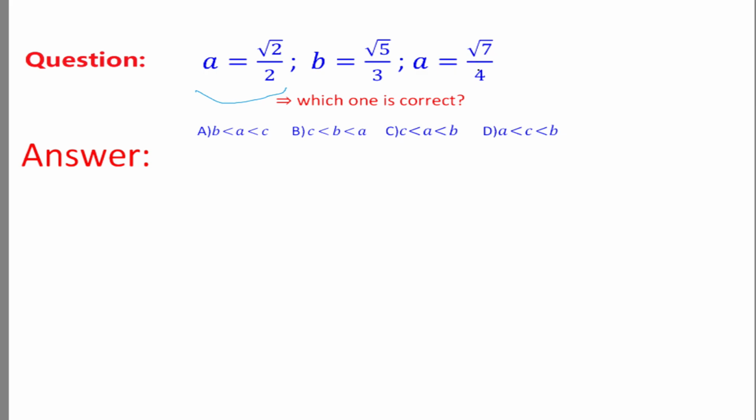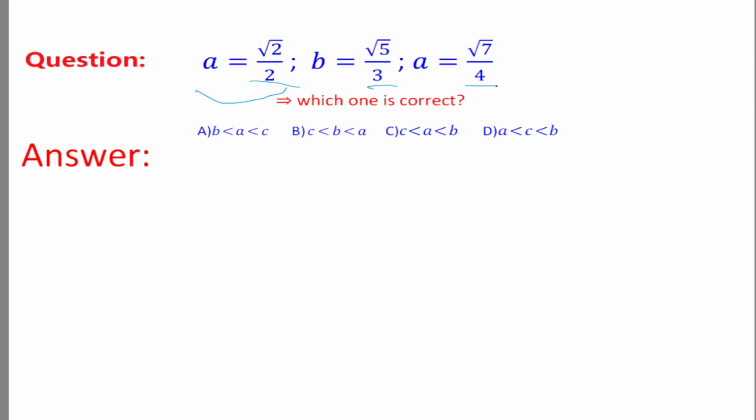In such questions, guys, I recommend you take a look at the denominators and numerators. If you can make the denominator the same, try to do that. If you can make the numerator the same, go ahead and do that. But here, guys, the logical way looks like making the denominators the same. But even if you do that, for example, with 2, 3, and 4,